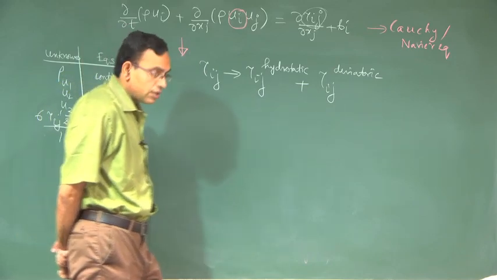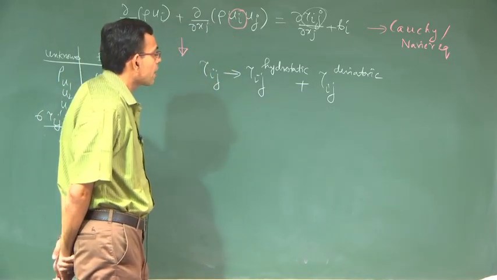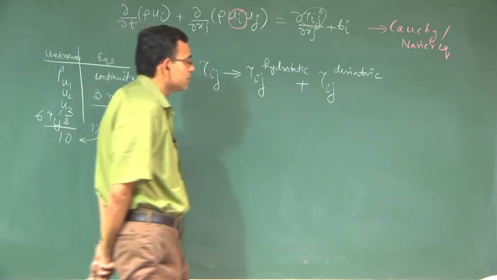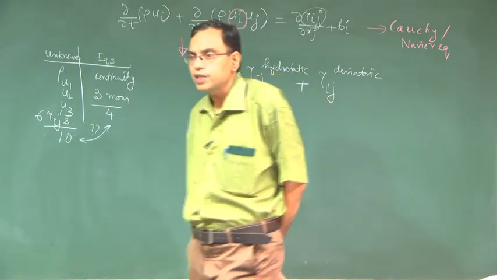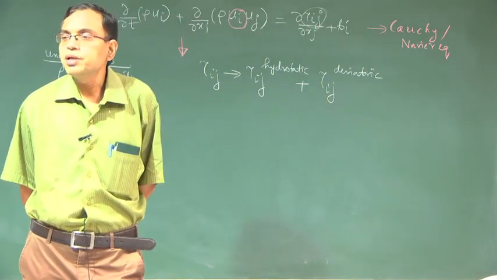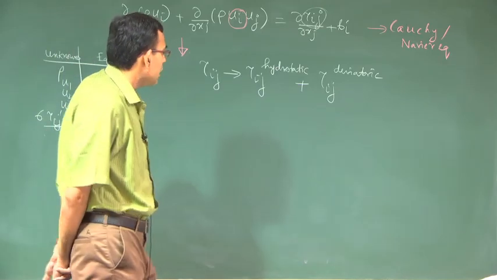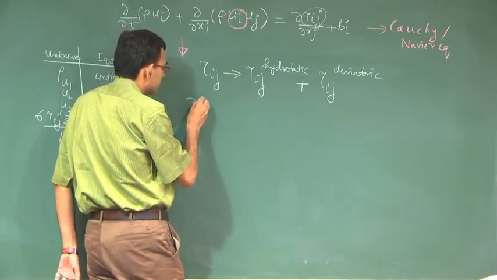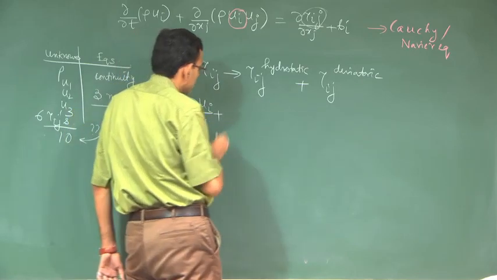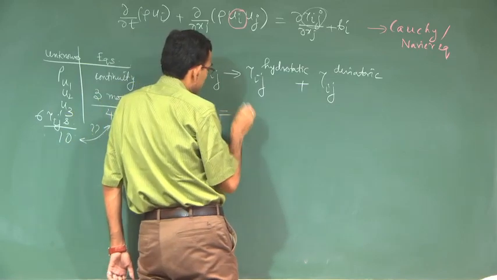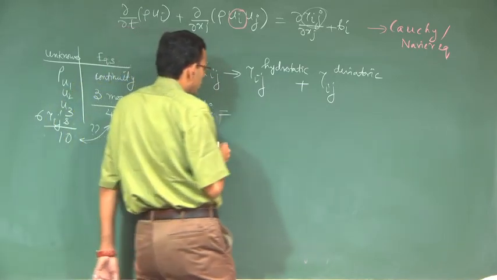Now, tau ij deviatoric, it depends on what? So, if the fluid is under motion, its stress should depend on the rate of deformation. So, the rate of deformation, the general velocity gradient tensor, we can write